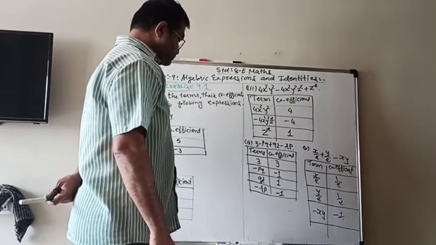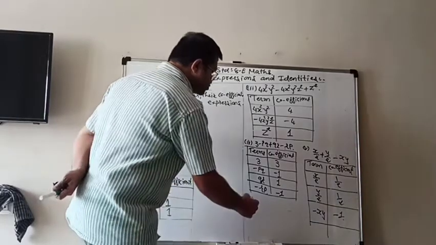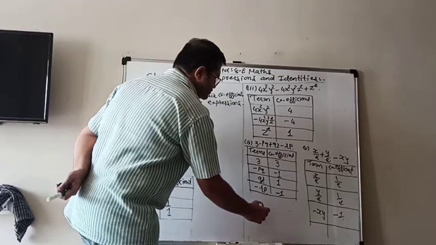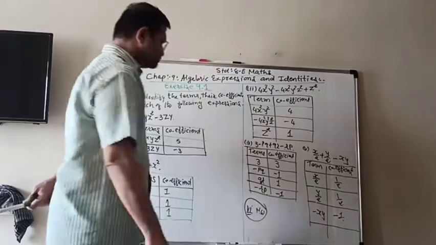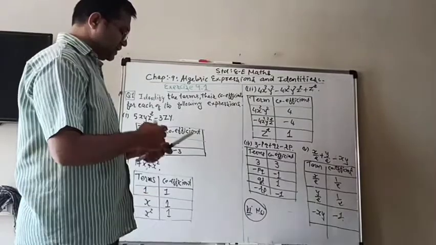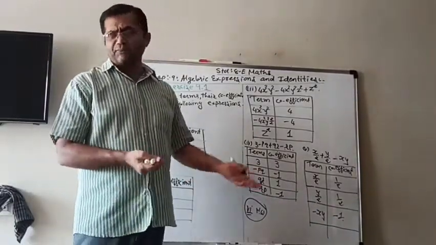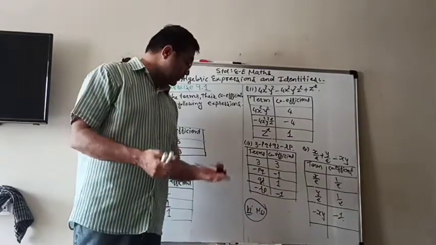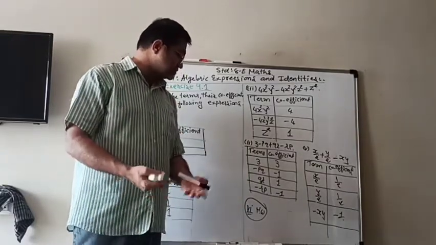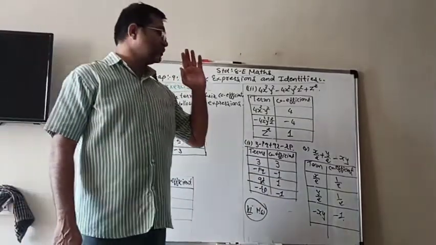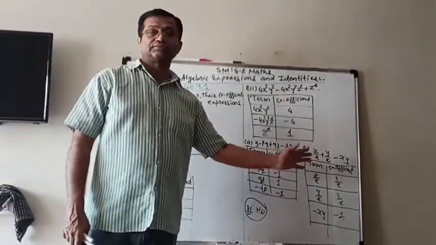Now there is the last, sixth one also there. I think you can write it down yourself. It is very simple. Just write down whatever the number is; it can be in decimal point also. So whatever is there, 0.3, minus 0.6 and 0.5 will be the coefficient of those terms.